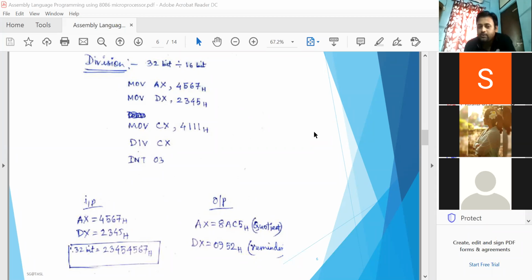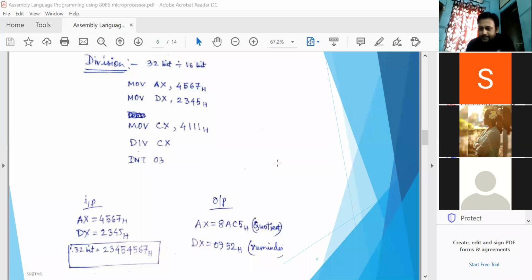No, to load the first number you have to always use AX and DX. You can't change anything in this position. You can change in this position, where you can use either BX or CX. If it is BX, move BX comma 4111, then you have to write div BX. If it is CX, move CX comma 4111, then write div CX. But here you can't change. You can't alter these registers.